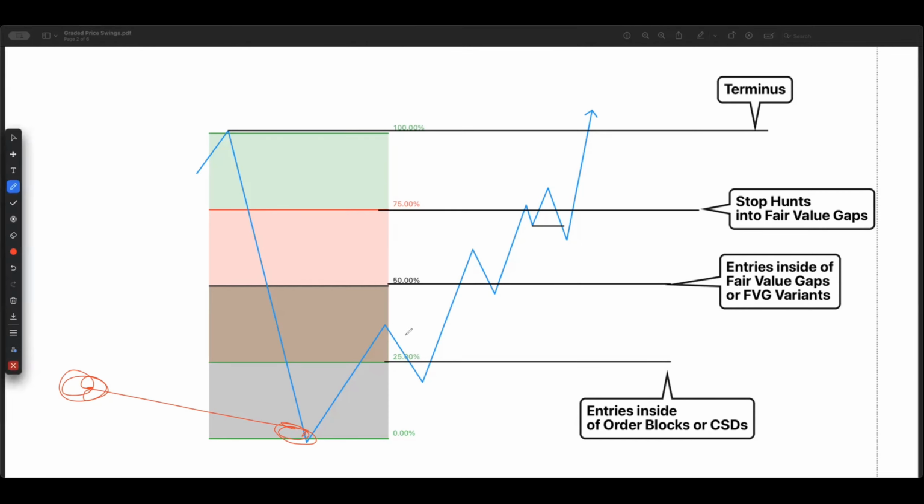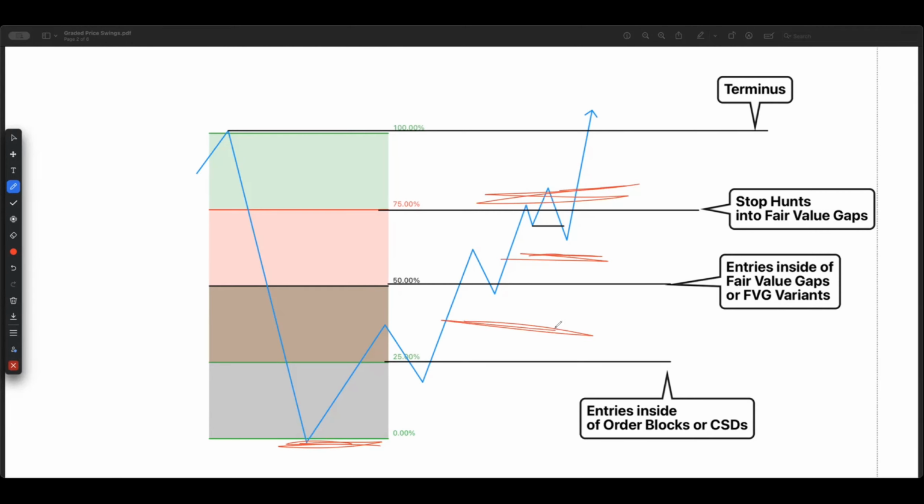Anyways, when price goes into the 50%, you're looking for price to use fair value gaps or fair value gap variants. Okay, that is what price will now select in terms of a POI. And as price trades into the 75%, it will do one of two things. Okay, it will continue into terminus or it will lead into one big retracement or sometimes even a full reversal. In which case, if there is a full reversal, what you can do is take this low, take this high,